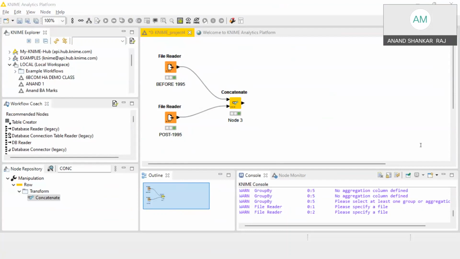Can you type in the chat box if you have received my mail? Yeah. This is how